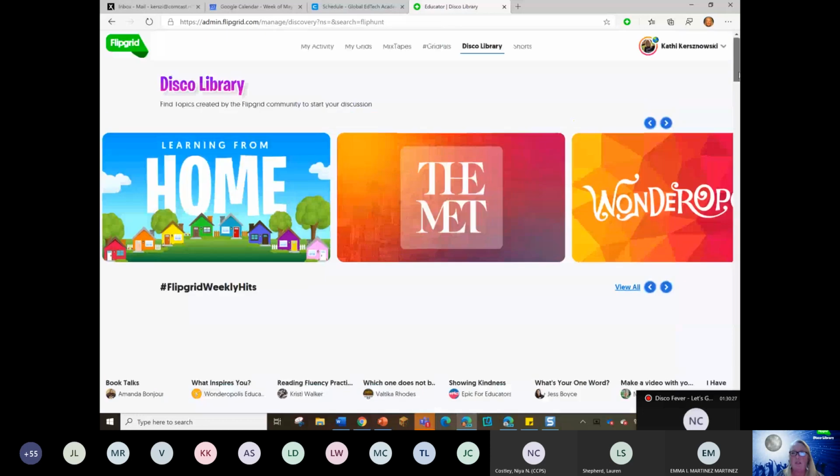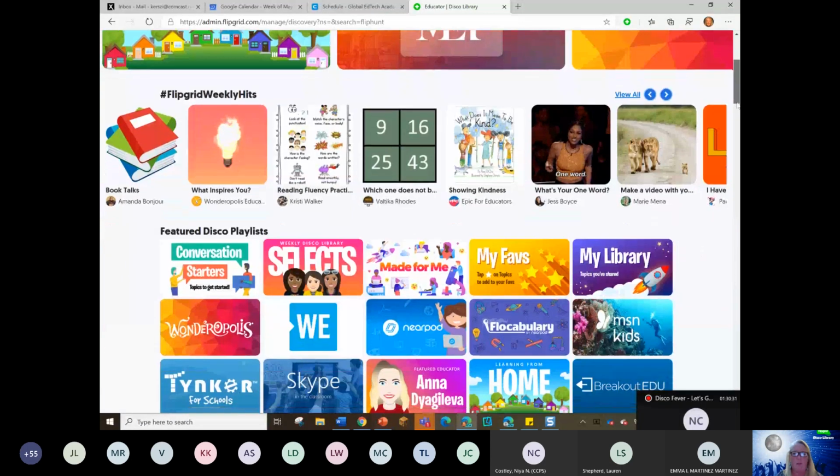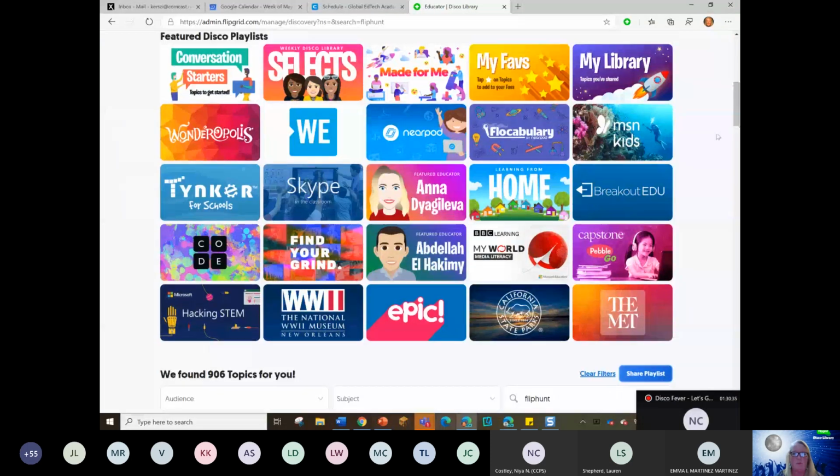I want to come up to all these cool colored pictures and I'm going to scroll down again. I know I keep skipping the top part. Don't worry, I'll come back to it because I want to show you this part. Whenever you visit this site, you'll see this grid of all these cool things. And the top row of this grid is a little different than the rows below it. So conversation starters, topics to just get started. These are selects.